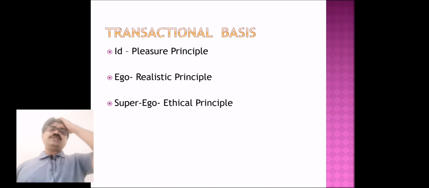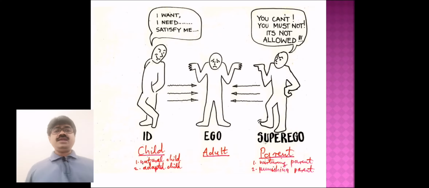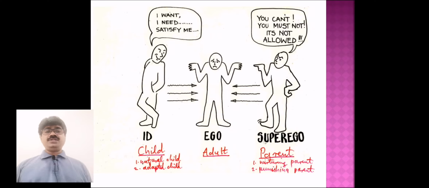Now let's look at what Eric Berne has to say. Basically he has renamed these things. He says we have three egos, that is child ego, adult ego and parent ego, and he has given more explanation to these three states of ego. The child ego always says I want it or I need it, come on, satisfy me. A child always asks for things irrespective of whether it is practical or not. So that is a child ego. He has classified the child ego into two, the natural child and the adopted child. We will come to that later.